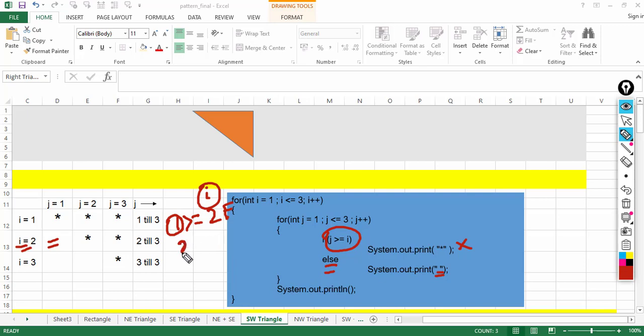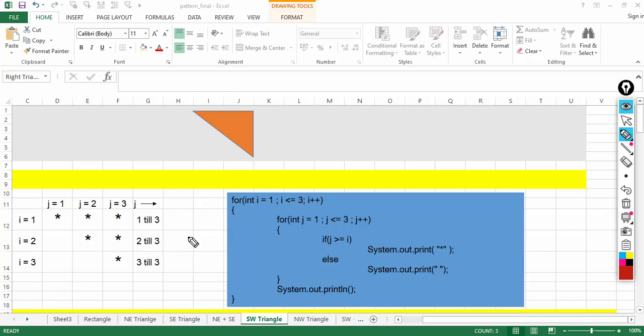Now the condition becomes 2 greater or equal to 2, so a star gets printed. Next, the condition will be 3 greater or equal to 2, which is true, so again a star gets printed.